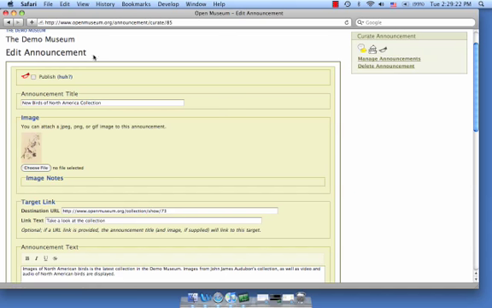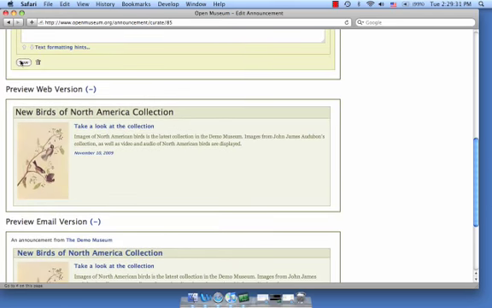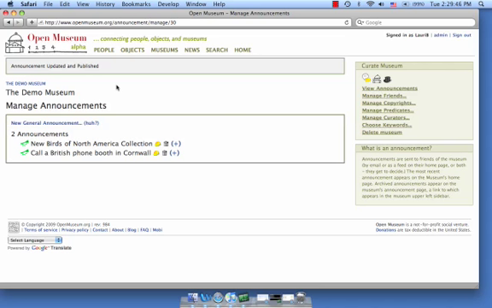So I am going to click on the red trumpet that says Publish. And what you have to do after that is you have to also click Save. Now you'll know that your announcement has been successfully published if you see this gray box and this little notice. You can also check down here. If you see the green trumpet, and here's the name of my announcement,